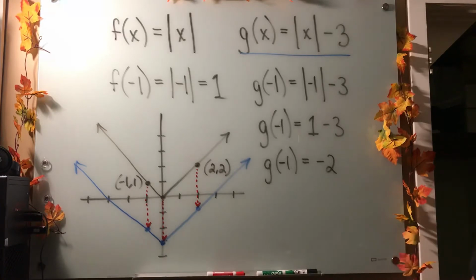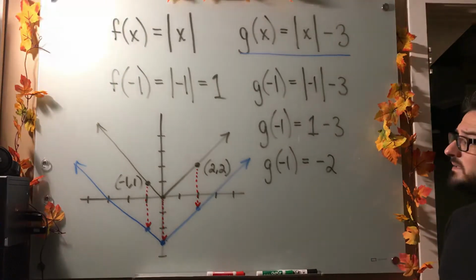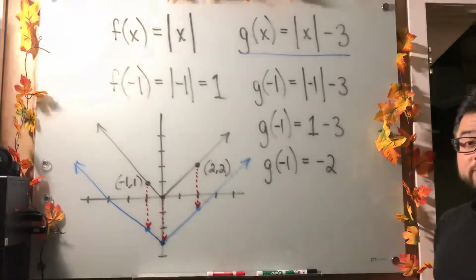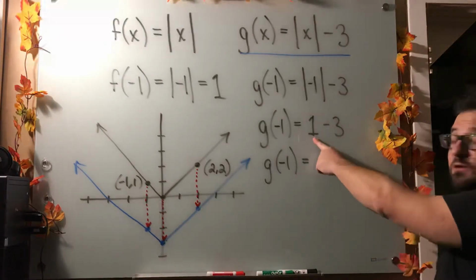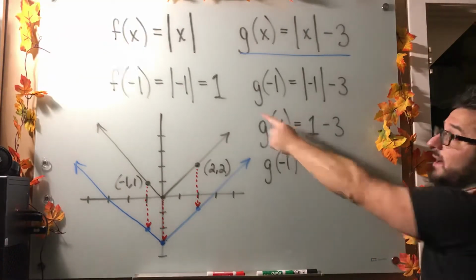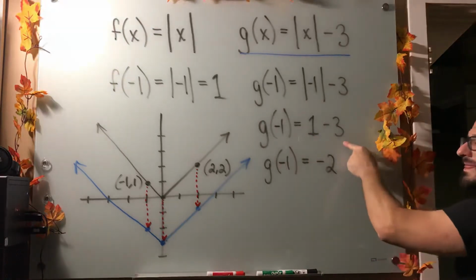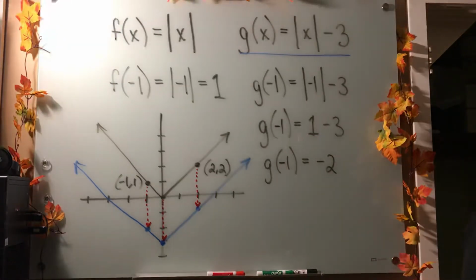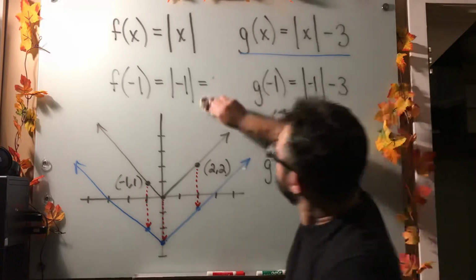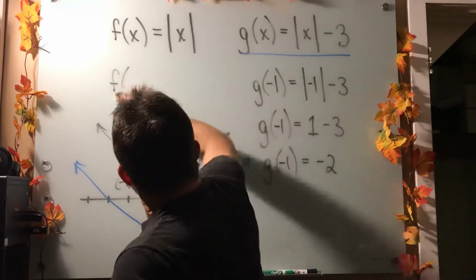Now, vertical shifts, and as we'll see moving forward, vertical transformations in general tend to be easier to work with because in order to affect a y value, you must first produce the original y value. And then you can make your changes to it. So how about horizontal transformations, horizontal shifts in this case? Well, let's take a look at